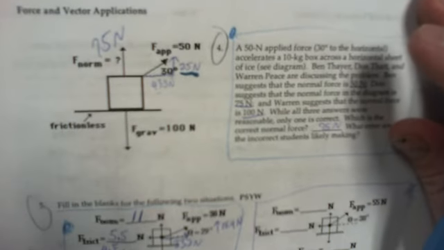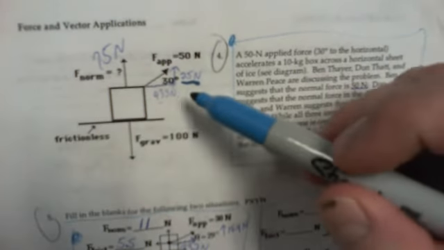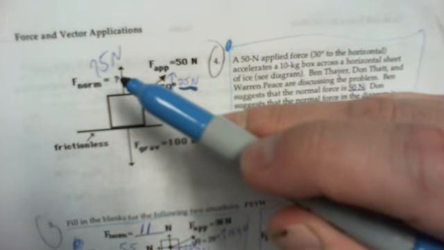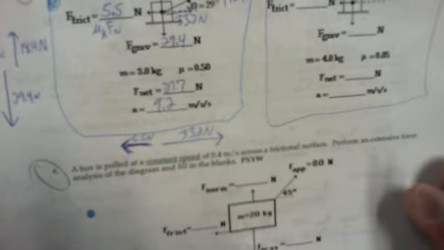Okay, so that was more of a concept question. But again, you're seeing that idea that now that you have an applied force at an angle, it's changing what the normal force is. And since you're changing what the normal force is, you're changing what the friction is. Now, on the one on the previous page, they told you what the friction was, so it didn't really change what you do a whole lot. But looking at number 5 here on the same page,